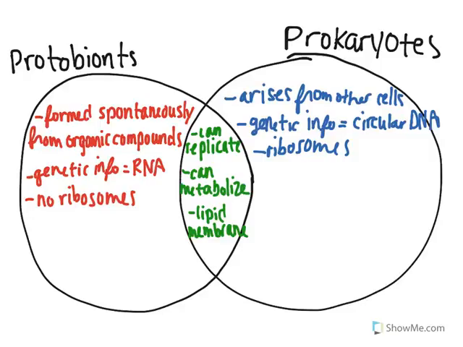I'm an undergraduate at MIT, and today we're going to be doing a concept question about the first cells. The way we're going to format this is through a Venn diagram, as you can see on your screen. This is showing the comparison between what protobionts, or the first cells, were like compared to current cells, such as